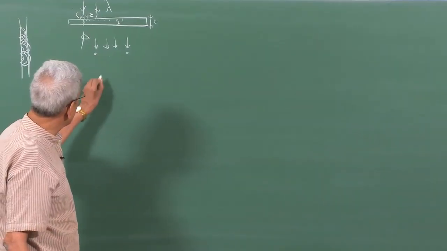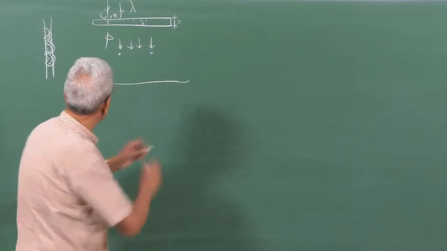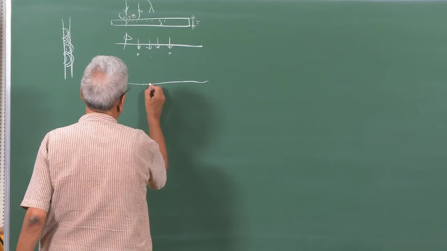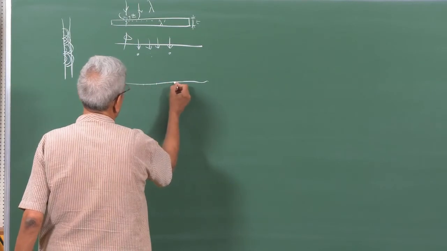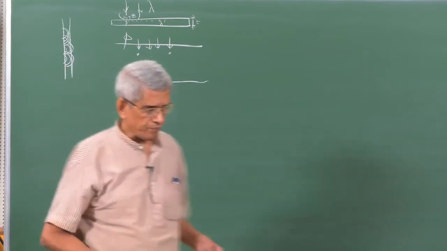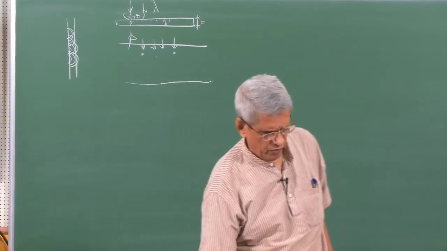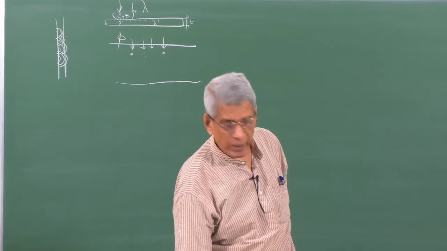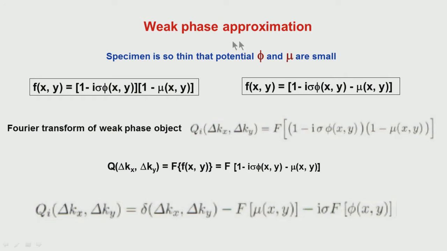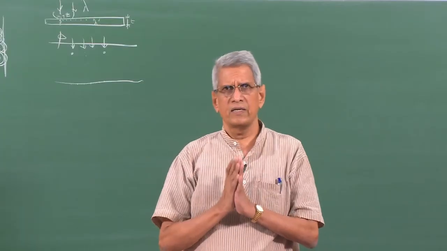So, depending upon that, there is going to be a phase shift when the beam comes out at different points. This is the exit wave function. At various points, this function f of x y is going to change depending upon the projected potential in that direction. Okay. Then this is called a weak phase approximation,